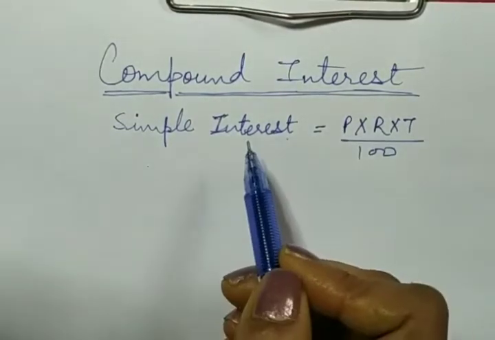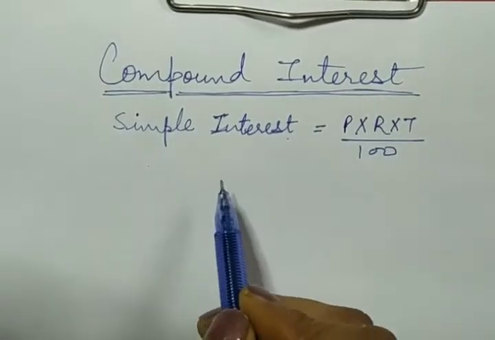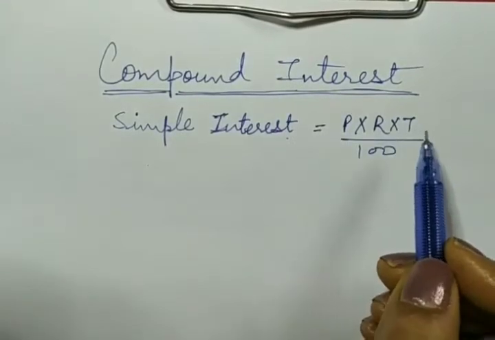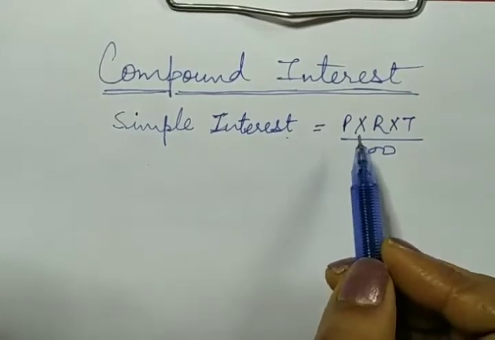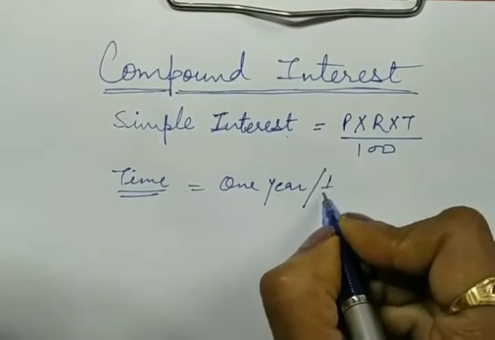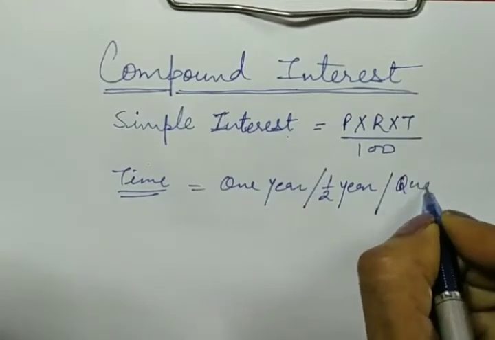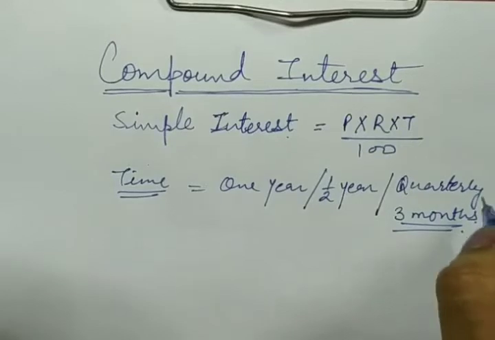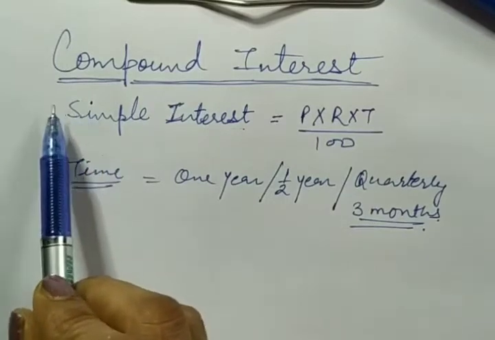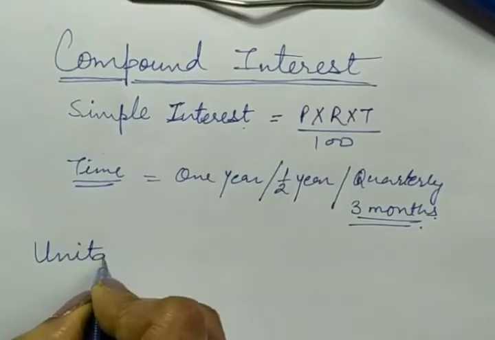In this method, the borrower who borrowed money from the lender and the lender agreed to fix a certain time interval for the computation of interest and amount, and that time may be of 1 year or it may be half yearly or it may be quarterly, or we can say 1/4 of a year, that is 3 months. Dear students, in this video we learn to find the compound interest by using unitary method.